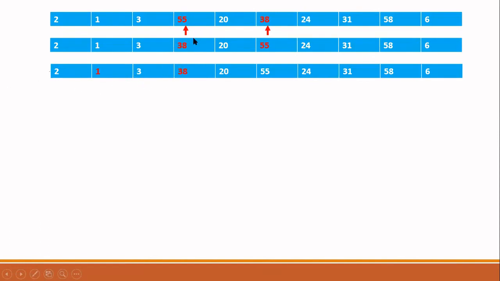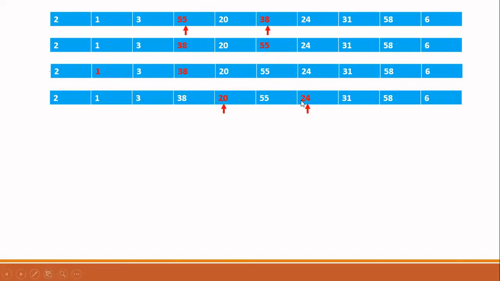Here, why I compared 38 with 1 is that I swapped 55 and 38. Since it is coming here as a new element, I have to compare this with the previous element at a gap of 2. Now here I am not swapping 1. When you don't swap, don't proceed the comparison, just stop. Now this is over. Next time I will ask you to tell, so that you will understand. Next, see, our pointer is here. Next you have to move the pointer.